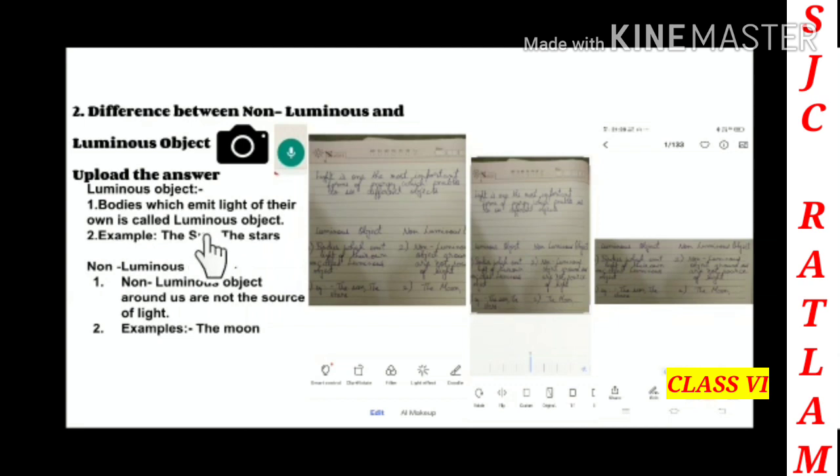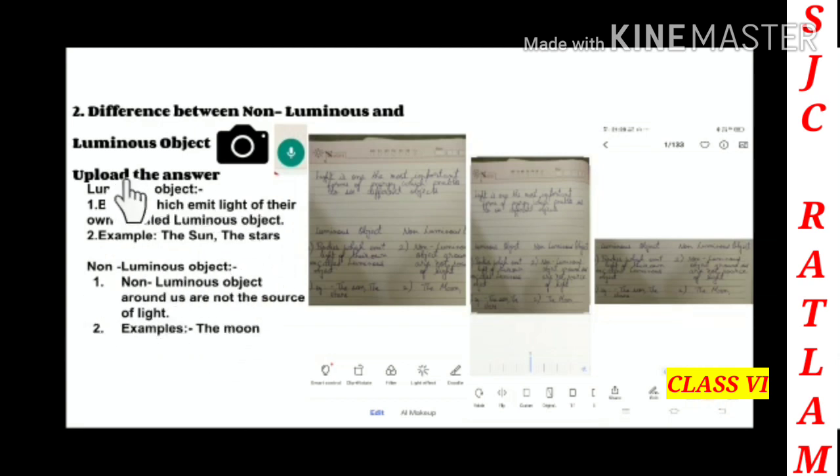Or children, again the best option is that you type your answer. Here you can see the text box. You just have to type your answer. Now here you can see how you have to write the answer in the text box. Suppose it is a difference, you have to write 2 differences, that is luminous and non-luminous object. So what you will do is write the question, that is luminous object, then write the 2 points. Write A and write the first point, and then write the second point. Then children, don't give a space. Then when you write the second line, write the non-luminous object, write the first point, and then write the second point.